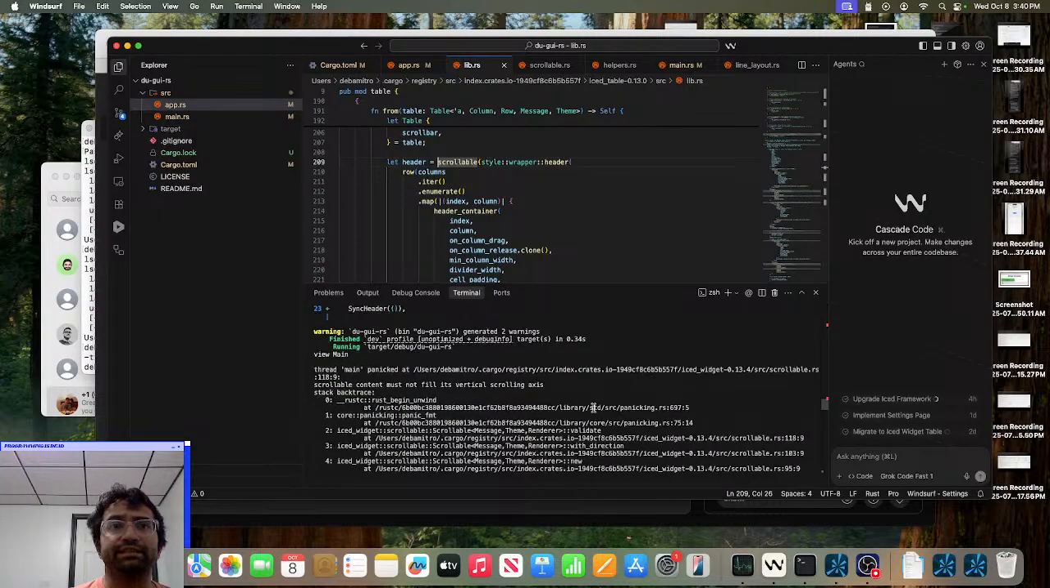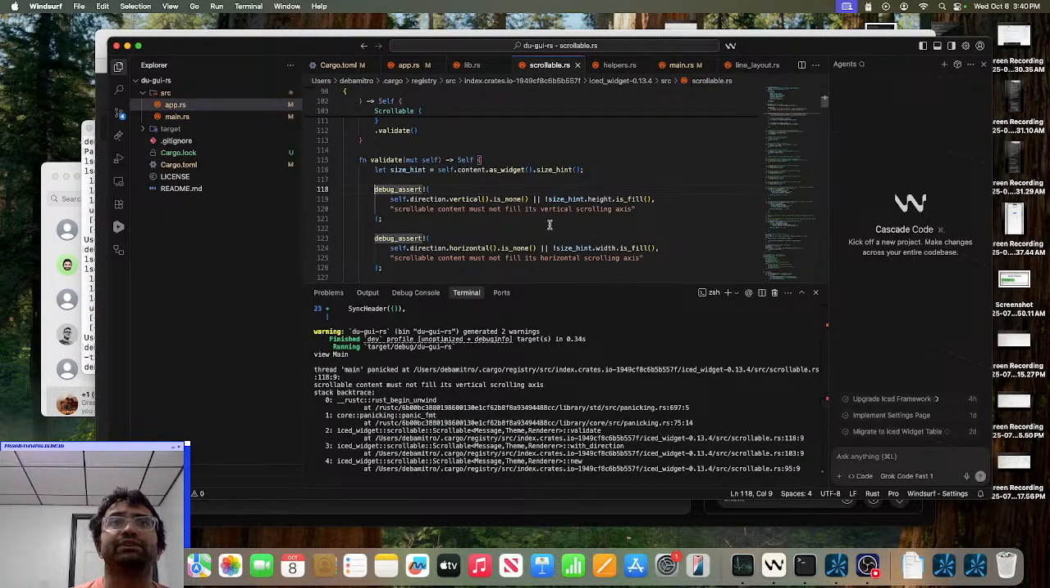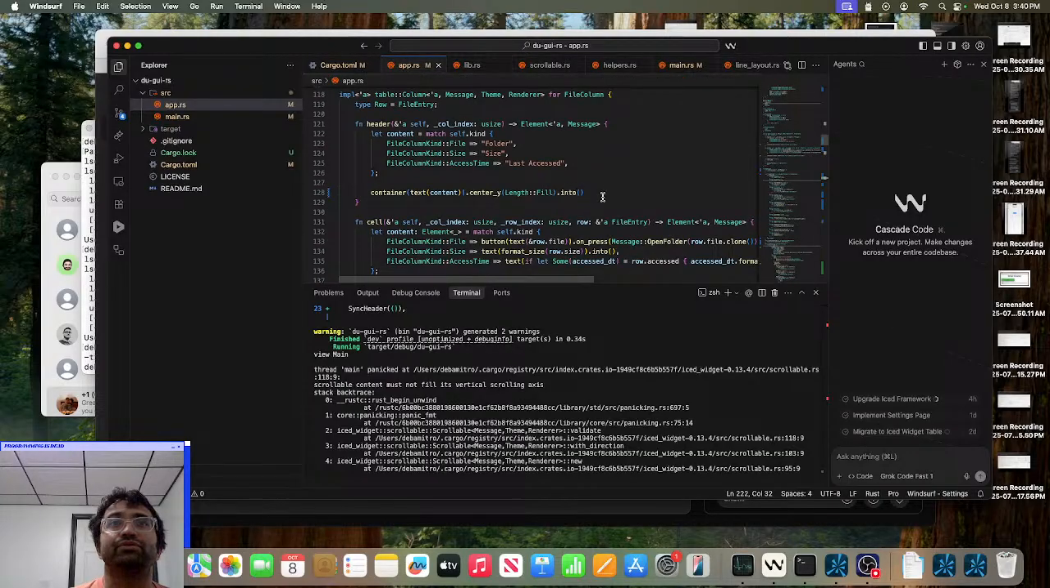The second hint is the actual check over here, which says either the direction will not be vertical, which means of course it's going to be horizontal, and if it's vertical, then you cannot fill the entire space available. Now this got me thinking into the code over here for the header,